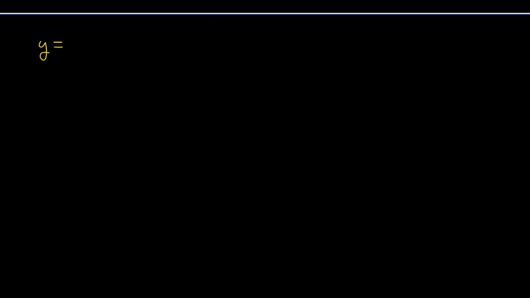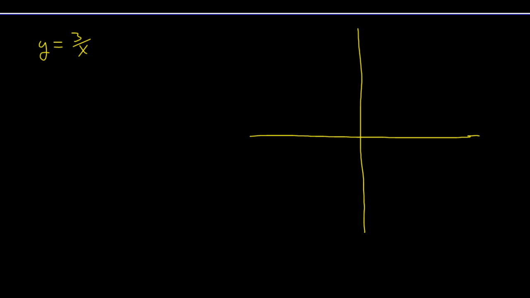So we're going to graph y equals 3 over x on a piece of graph paper. I'm just going to freehand it, but I would really like for you to use graph paper because I want you to get it exact. So remember what we said. When x is 1, y is going to be 3. And when x is 3, y is going to be 1. And that's going to give us a curve that looks